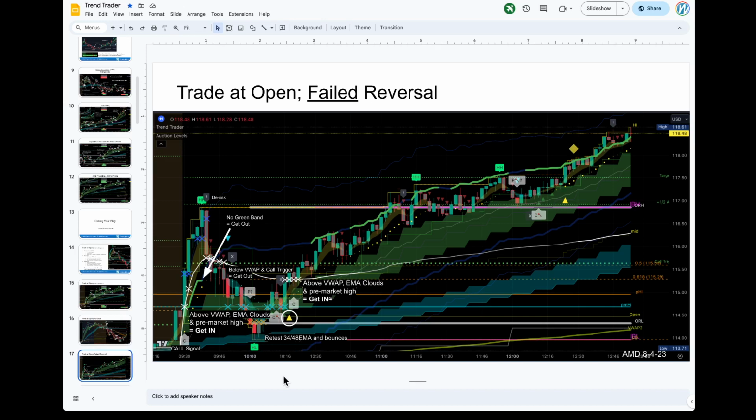So now if it cannot break through it, then we're not full on bearish. It goes up, we get the yellow triangle. It's still a little early to get in, but we're above the pre-market high, so that's good. As soon as we get above the VWAP, man, now that's where I want to get in, because we're above the EMA clouds, the pre-market high, and the VWAP. Now we can ride it out. Again, if you're more aggressive, you can get in because you're above the pre-market high, but set tight stop losses if you want to be aggressive.